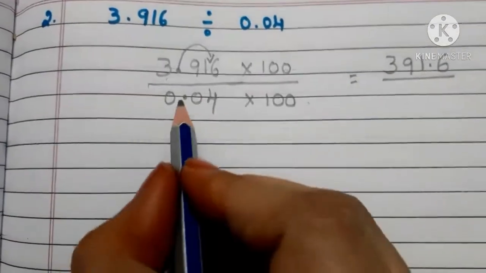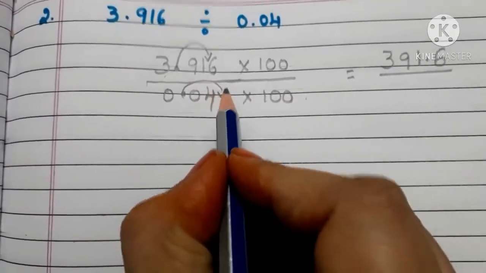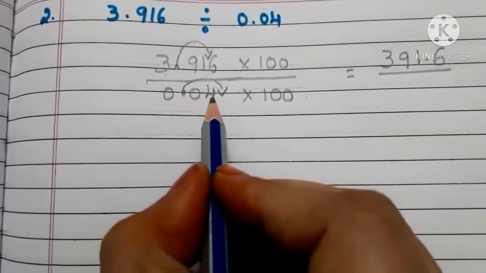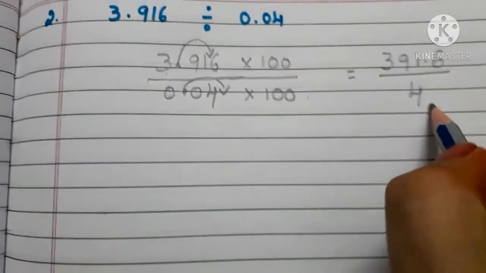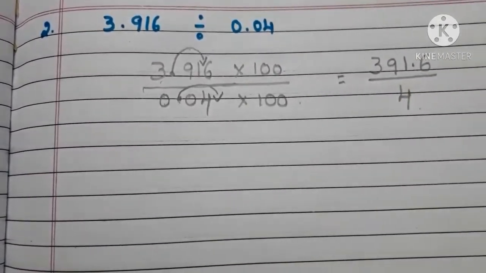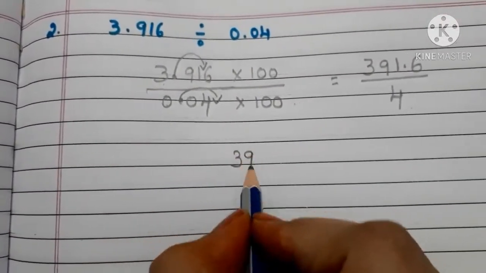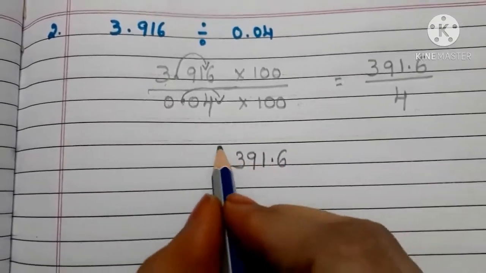By here also the decimal point moves 2 places to the right. So 0.04 becomes 4. Now the divisor is a whole number. Now let us divide 391.6 with